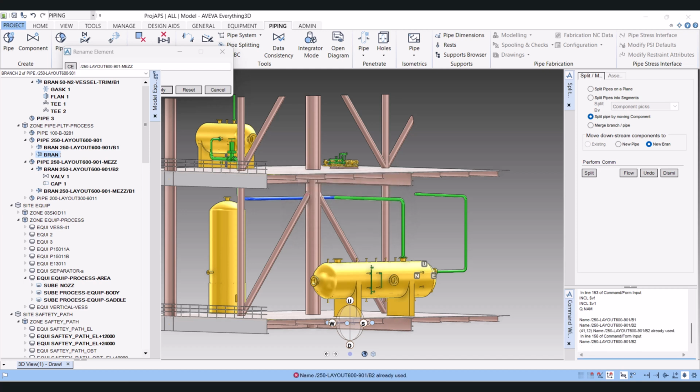So branch 2 is already there, so we have to make it branch 3. Because here again you have to do Q name and make this the same as in one. Give it the name B2, and now we can give this branch B2. So in this way we can split one pipe into two pipes and one branch into two branches